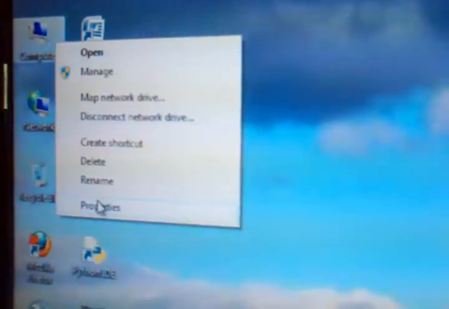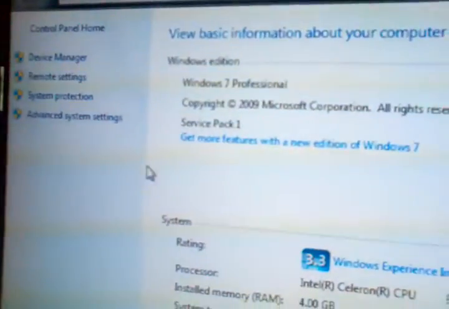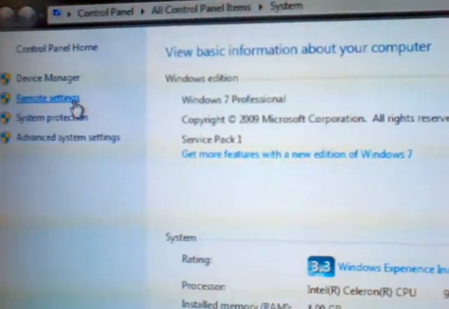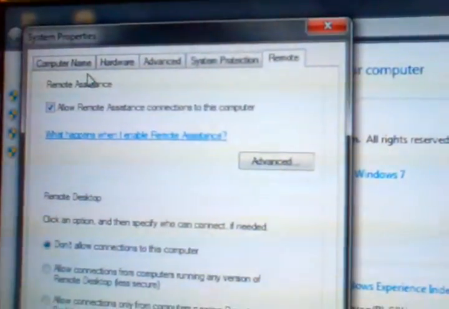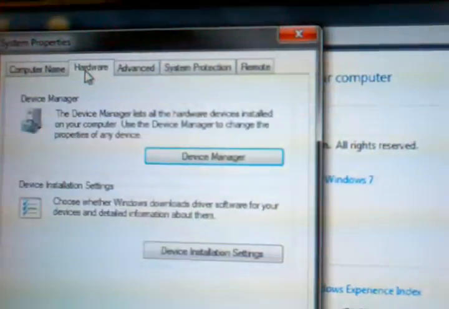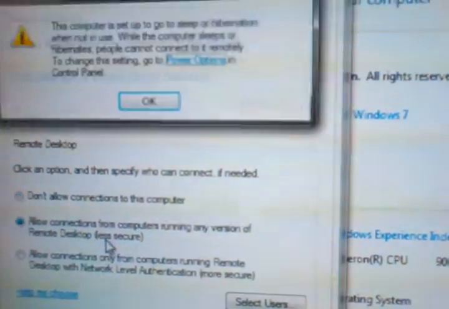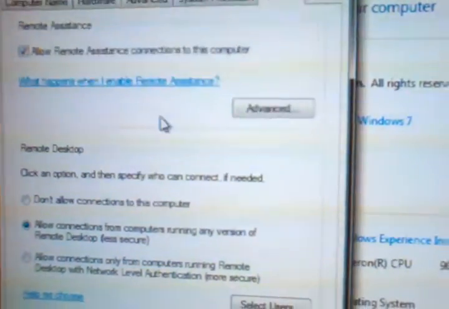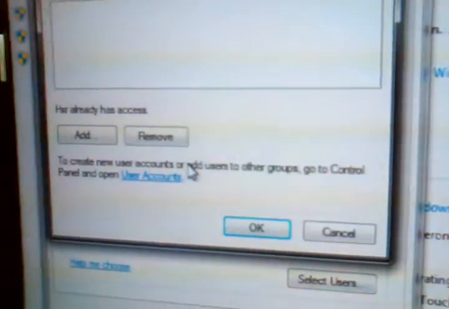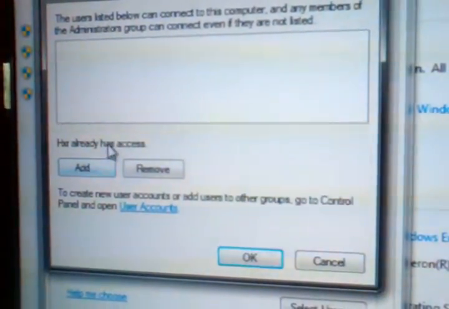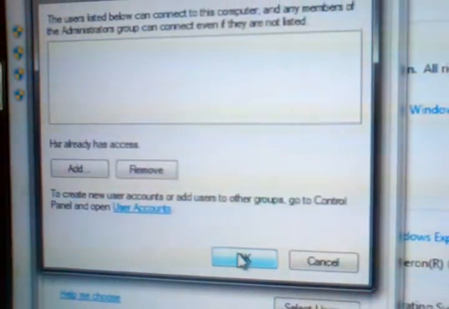But anyways, once you're done with that, you can go over here, right-click on Computer, and go to Properties. Windows 7 and Windows Vista will have Remote Settings over here. Windows XP will just pop up like this, and this will be the main thing that you see. There'll be a Remote tab up top. What you want to select is Allow Connections to the computer. Hit OK. Select Users. Just make sure you have access. If you're the administrator of the computer, you already have access, and if you have a user account,